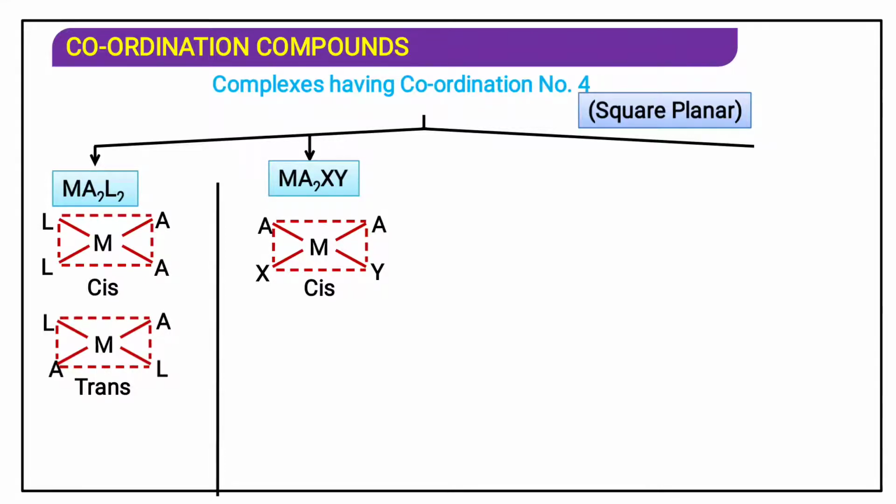So it is a cis configuration AA, and for the trans configuration, the A should be in the opposite direction, opposite in this way. So over here the trans configuration is correct. A is in the opposite, but for cis this X will be over here and A will be over here, so it will be cis. Now this is a trans.